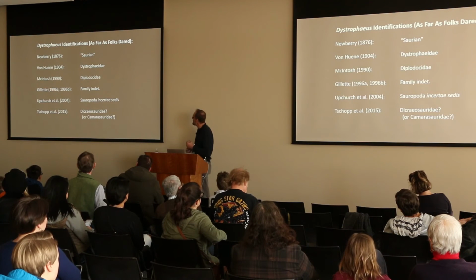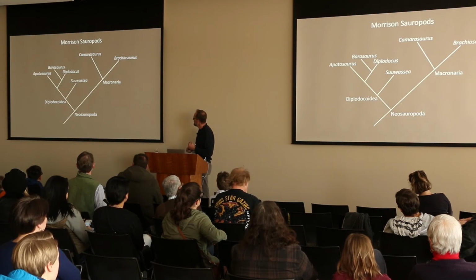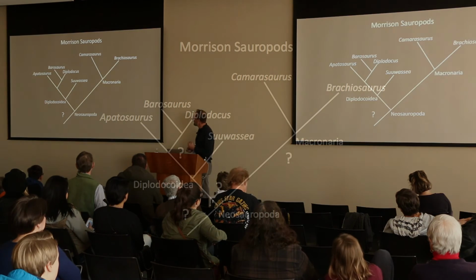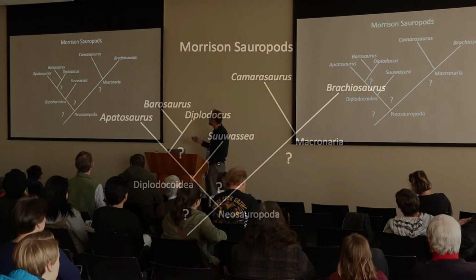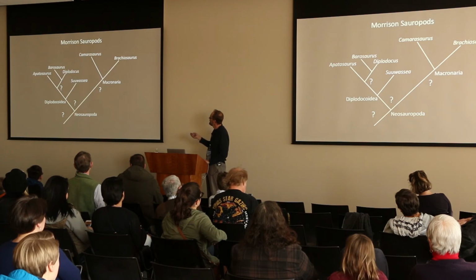This is basically just what this thing has been identified as. Previously, it's been all over the map because there's not a lot to go on. So we don't know if this thing is potentially outside Neosauropoda or if it's within it. If it is, is it a diplodocoid or a macronarian? These are most of the other sauropods out of the